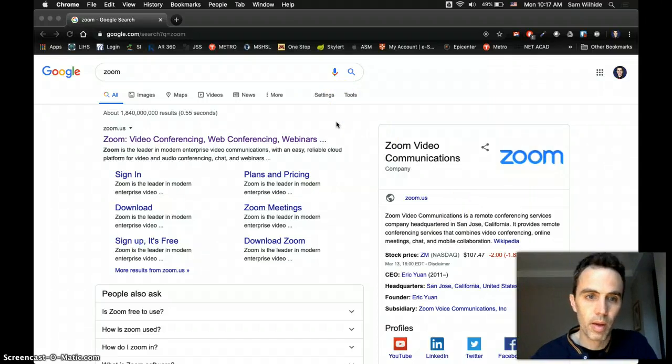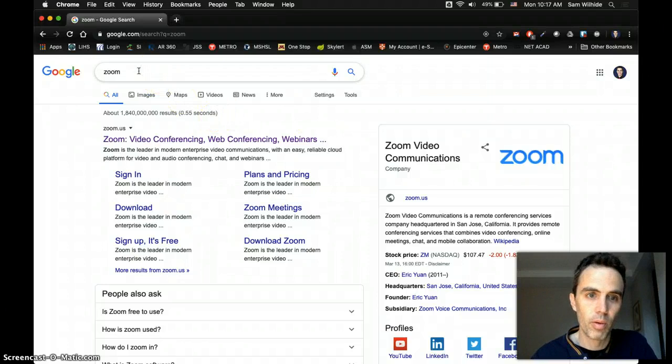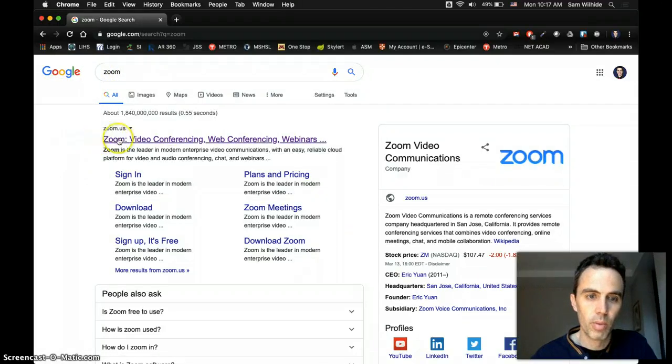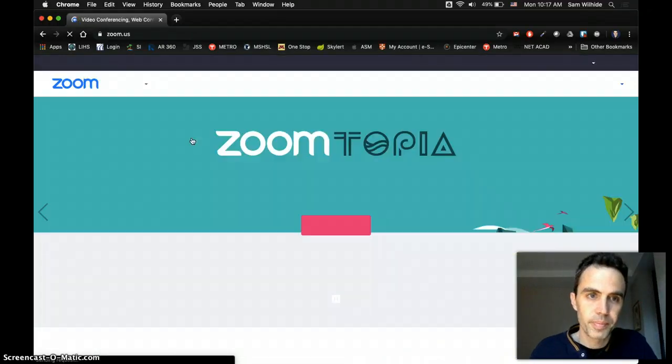Zoom is a video conferencing tool, and it's also a website. So the first thing you do is find it on the internet. You go to Google and Google Zoom, and it should be one of the first links that comes up. Go to their website,